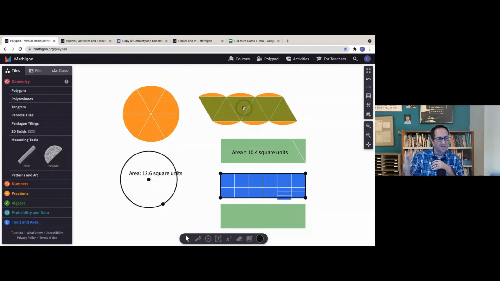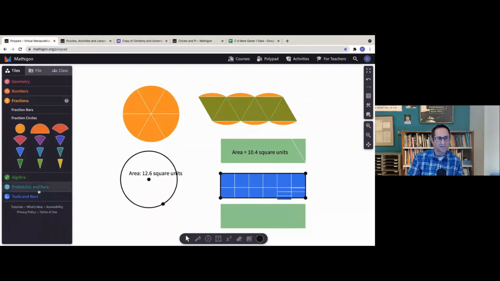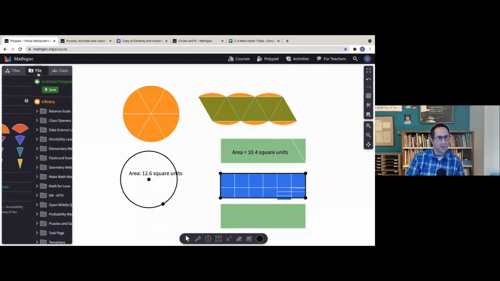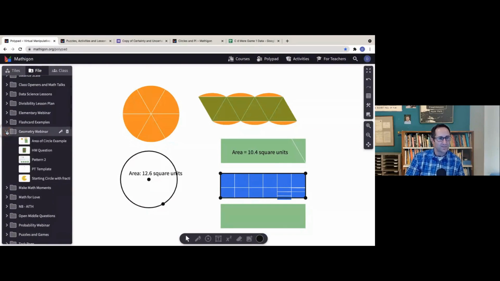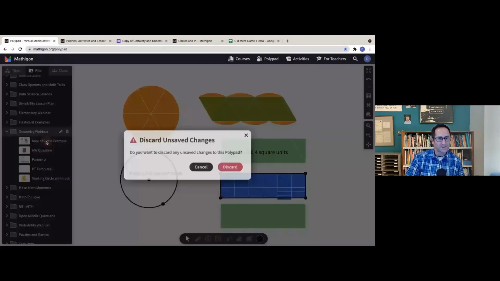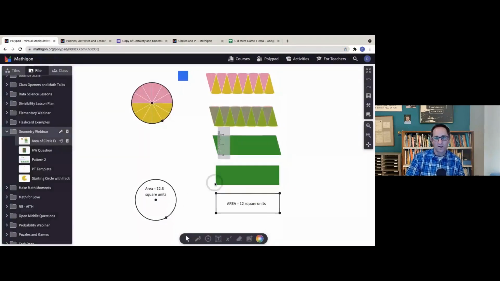And certainly if you cut the circle into more pieces, maybe with a fraction bar of 12ths or 10ths or 11ths, that will have a smaller amount of crust almost on the outside. So for the power of the webinar, I have done one here. So I have all my folders here. I'm going to pull this up. This was one with 12ths.